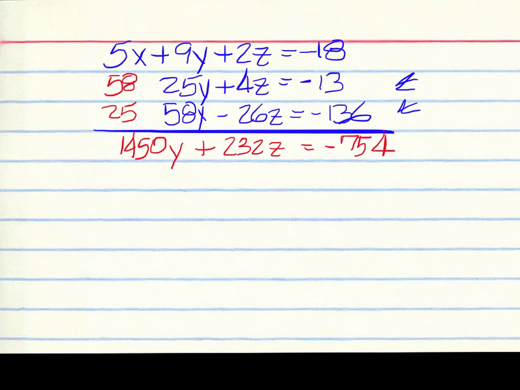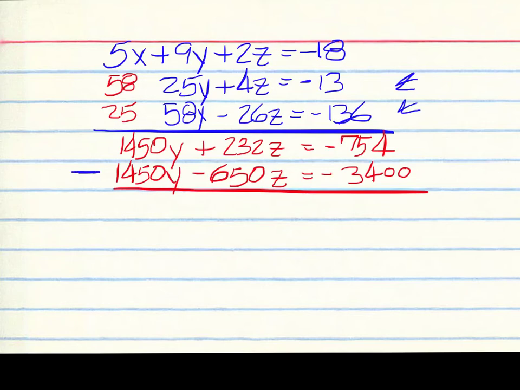Now on the bottom you'll have 1450y, 25 and 26. We'll get a minus 650z, and then 25 and 136. That's going to give us a negative 3400. So your signs are different. You have to subtract. If you cancel there, and then go to 232 minus a negative 650,